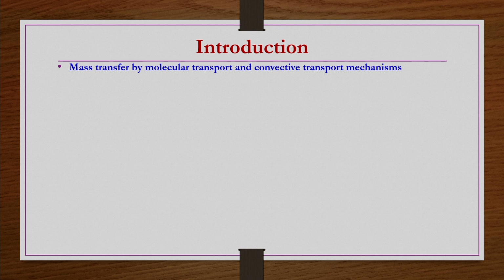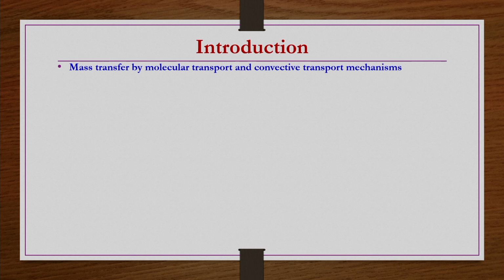However, it is essential to have a recapitulation, because these transport equations for mass transfer that we are going to develop in today's lecture are going to be useful in the coming 2 weeks. Okay. We understand that mass transfer can occur by both molecular transport as well as the convective transport mechanism. Not only mass transfer, but momentum and heat transfer also occur by both the molecular mechanism as well as the convective bulk motion mechanism.